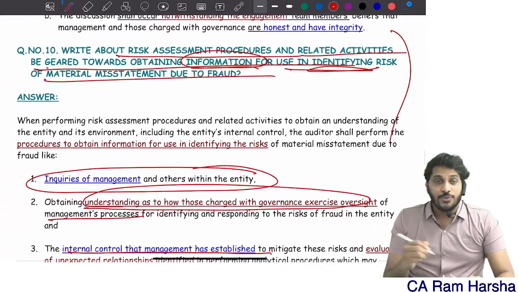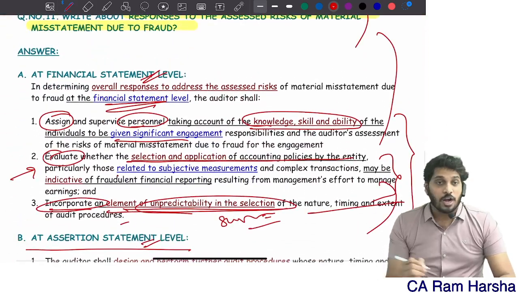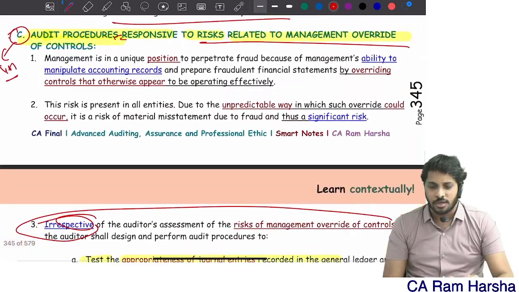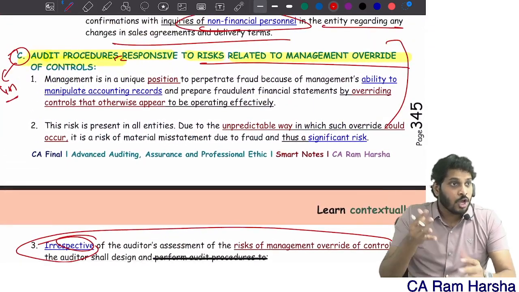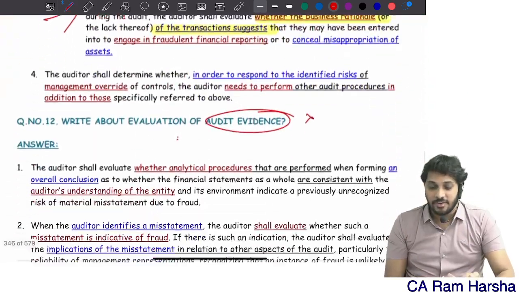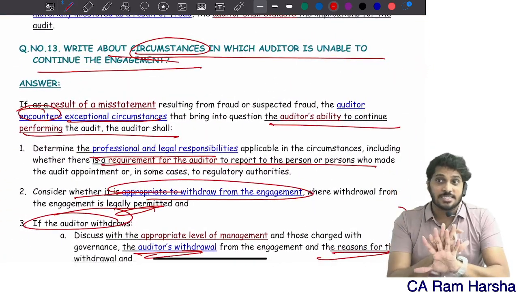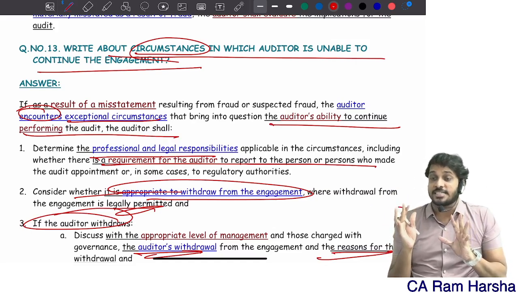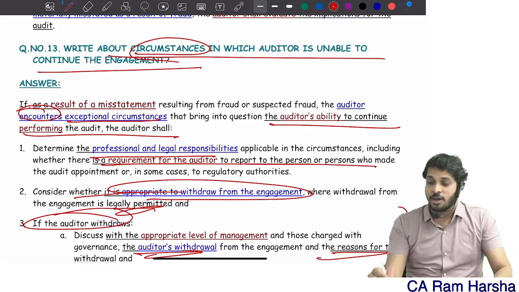Then you need to do risk assessment procedures related to fraud by inquiring of management, understanding and looking at the controls, all that. Then whatever frauds you identified, categorize them into financial statement level fraud and assertion level fraud. Once you design and implement responses to these frauds, you will be getting evidence. After evaluating the evidence, you will identify circumstances that indicate some possibilities of fraud. If there is a circumstance which indicates a high possibility of fraud and you cannot detect it, you cannot perform the audit, what to do?